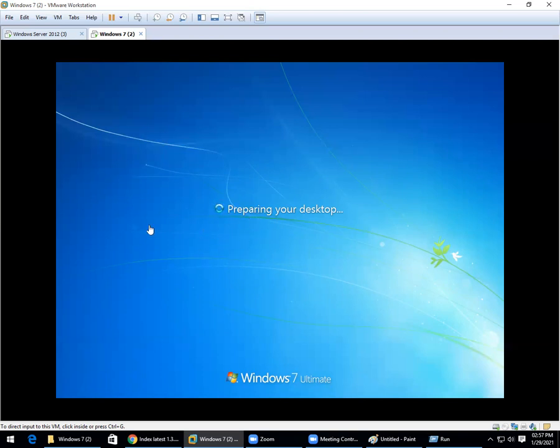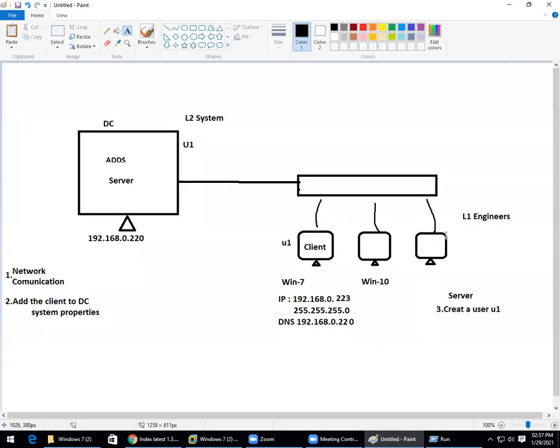This is how users can log on anywhere, and any resources and services given by the server can be applied on the computers and the users in the network. In yesterday's class, we learned that ADDS maintains the objects information. This U1 user is available in ADDS, and that's how the client computer is able to log in.